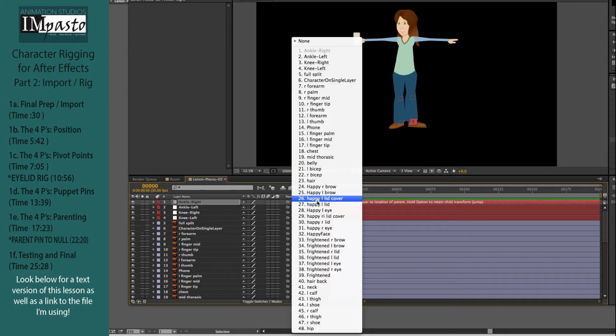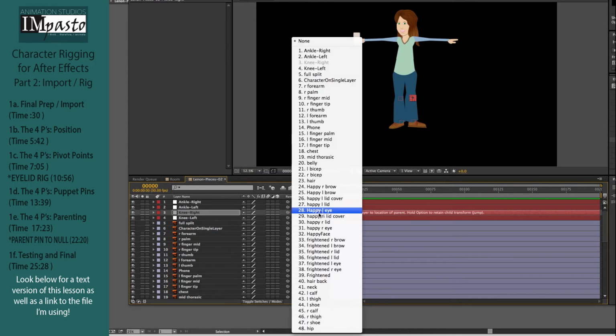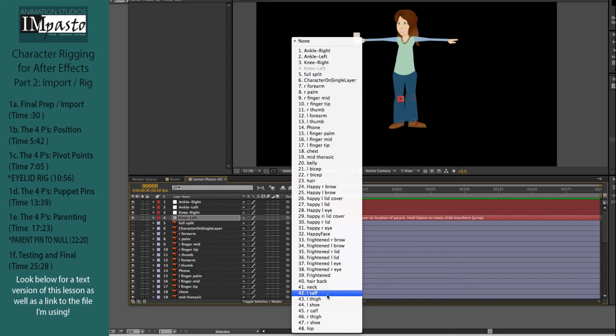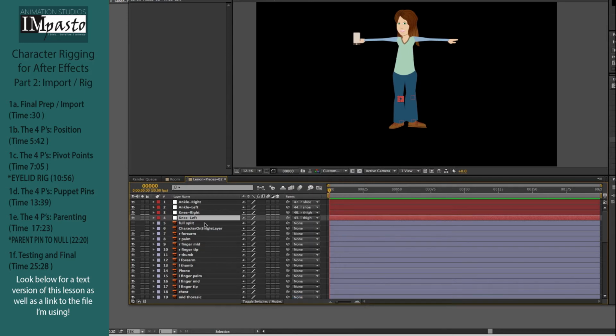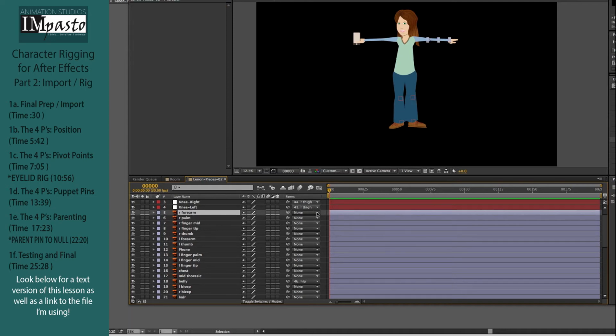The ankle right is going to be connected to the shoe right. Ankle left is going to be connected to the shoe left. The knee right is going to be connected to the thigh right. And the knee left is going to be connected to the thigh left. These layers are from before. I don't need those. So the right forearm, of course, you can do this, you could figure this out and